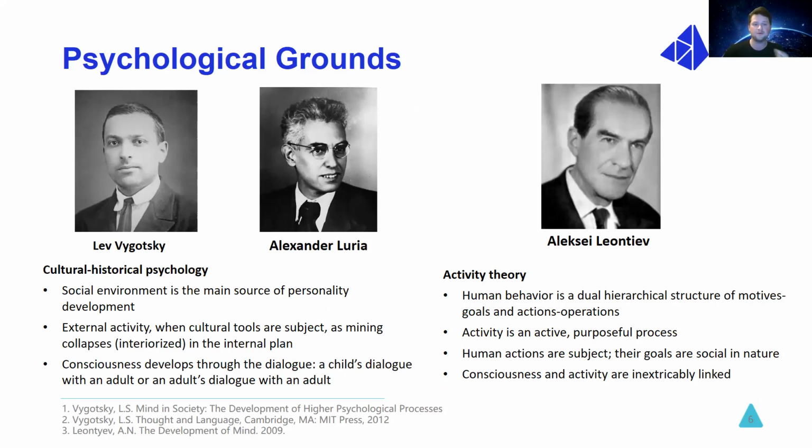And first two of them proposed a theory called cultural historical psychology. I just read some of the statements and apply them to the robotic area. First of all, they say that social environment is the main source of personality development, and this means that if our agent operates in a coalition or in a group of agents, or maybe interacts with other agents somehow,